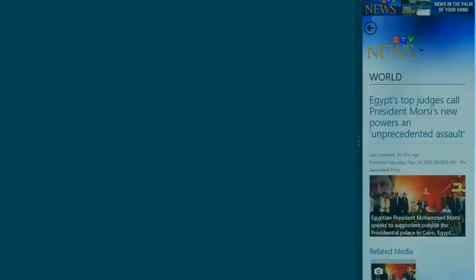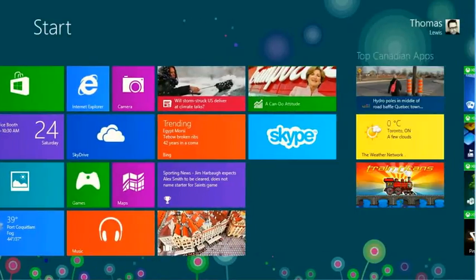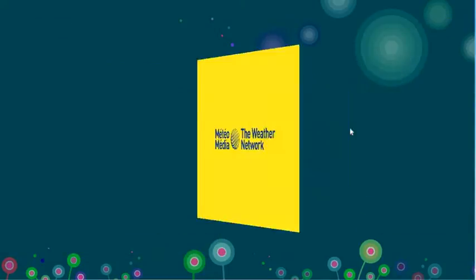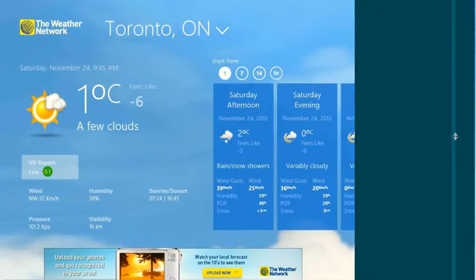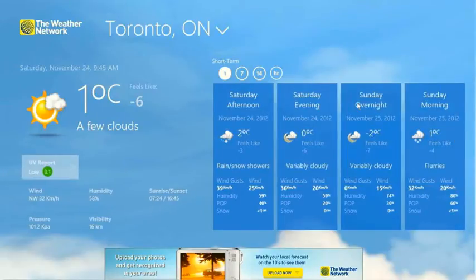So let me go ahead and pull in the next app, which is the Weather Network. You see here, I've got a great multitasking experience where I can read the news on one side and check out the weather on the other side. The Weather Network is an app that I use basically every day. This app's actually built in HTML5 and JavaScript, but as you can tell, it's seamless. You can't really tell what language it was built in because they're all native,